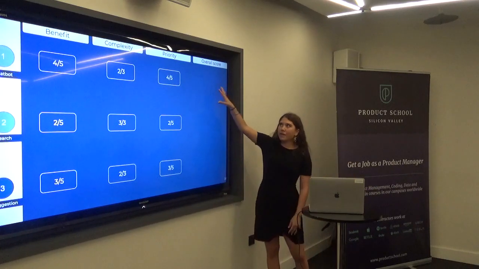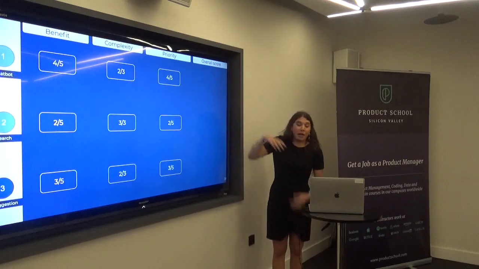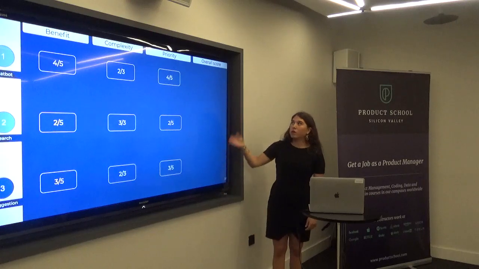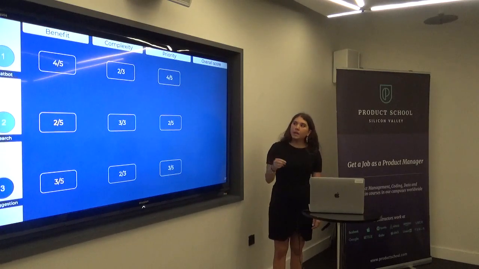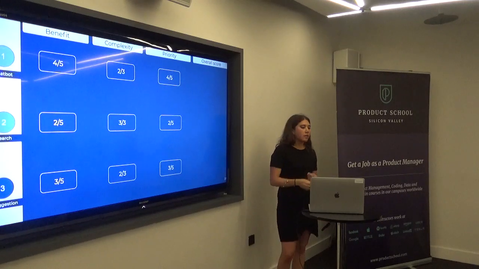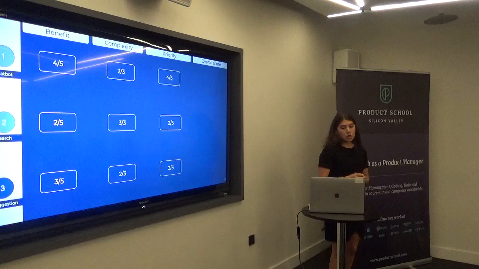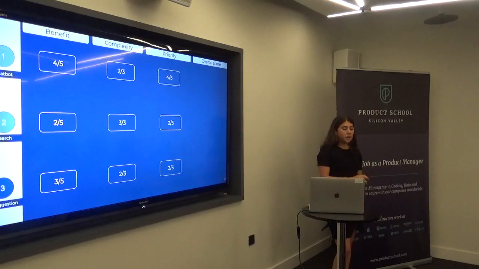So I've built an overall score. I tend to build a formula to calculate the overall score. But the weighting of your overall score really depends on the company and your situation. So, for example, if you work in a company where dev resources are really, really tight, the weighting on complexity is probably going to be extremely different to if you're working in a company where your resources are not.